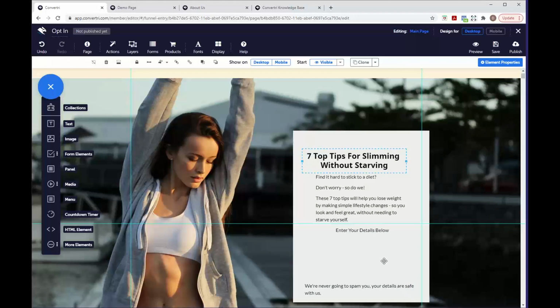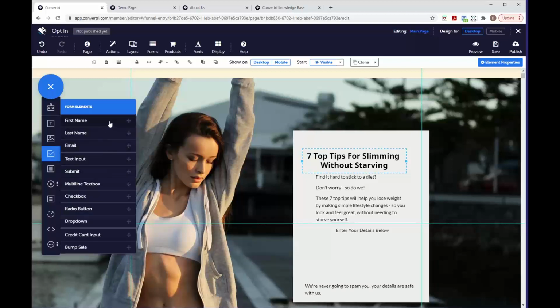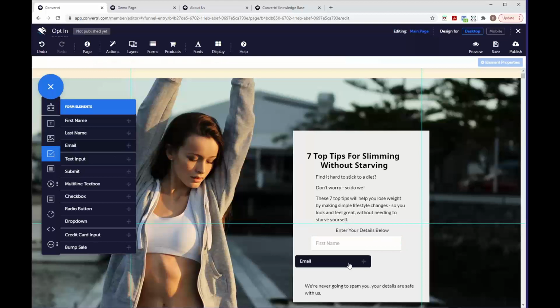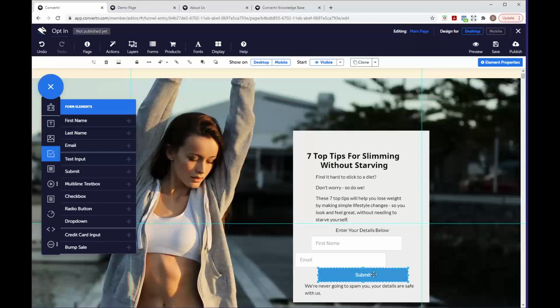Okay, so our form is nearly set up in terms of the way it looks. The last thing we need to do is add our form elements. So we're back over to the elements tray. This time we're using this little tick box and it's going to bring up a load of options. The ones we're interested in today are first name, email, and of course submit. And the submit button is going to allow your prospects to go to the next page once they've entered their